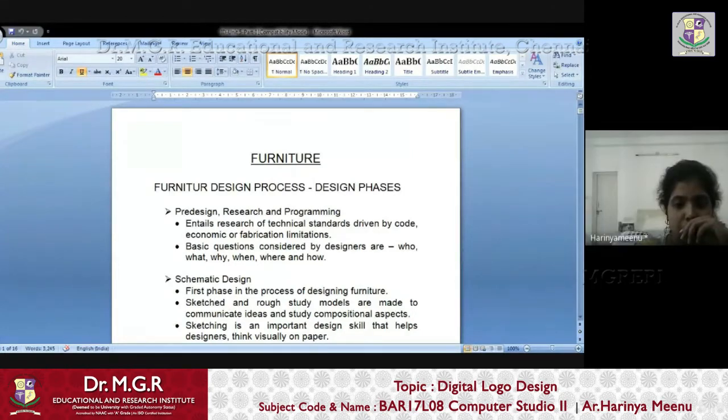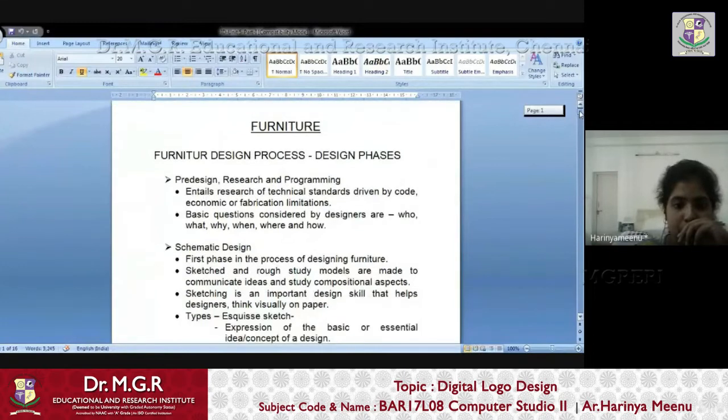So the first thing we are going to see is the furniture design process. To start with, I have already given you a small exercise on furniture for an institutional building. You would have had a better idea. This is to add much more points and to give much clarity on how you have to proceed with that kind of exercise. I think most of you have not submitted it yet; for them it will be much more useful. So now what we are going to see is the furniture design process.